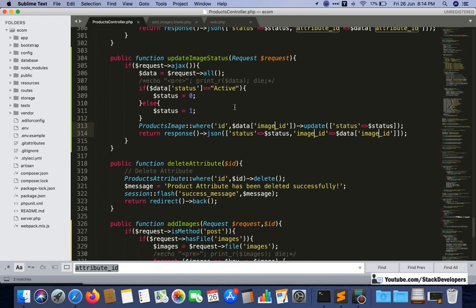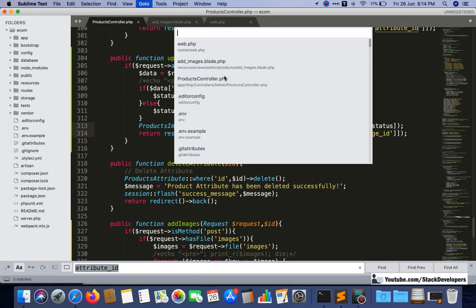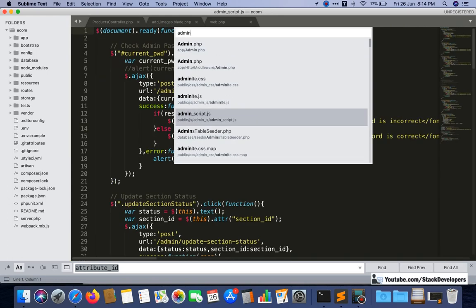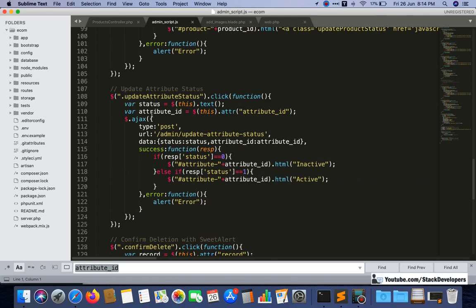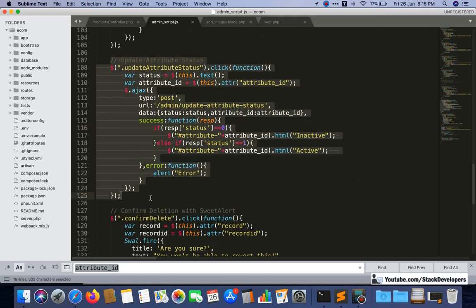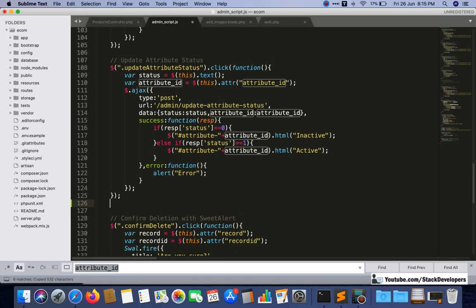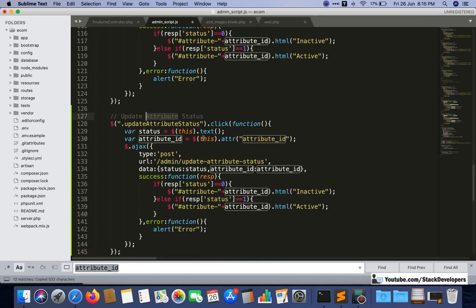And anything else? Yeah, the jQuery function we need to update, so we need to add status here as well. After the updated route status we can copy this one only, and we can update image status as well.